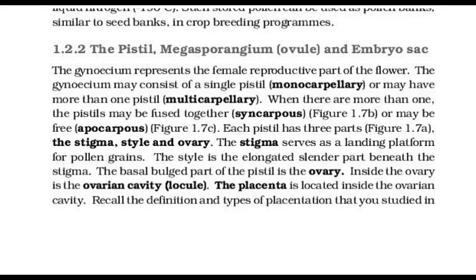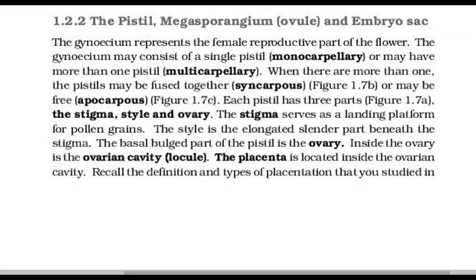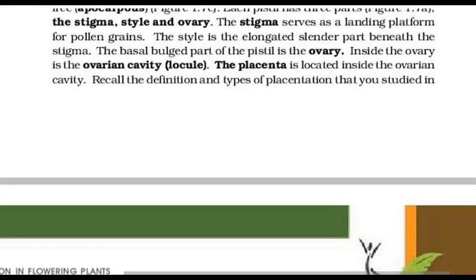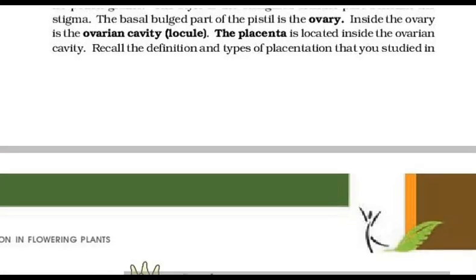The period for which pollen grains remain viable is highly variable and to some extent depends on the prevailing temperature and humidity. In some cereals such as rice and wheat, pollen grains lose viability within 30 minutes of their release. Rice and wheat lose viability in 30 minutes. We can remember it like this: rice and wheat, rotis are eaten quickly within 30 minutes. That was a silly trick, but it works. It came instantly, I didn't know it either, okay.